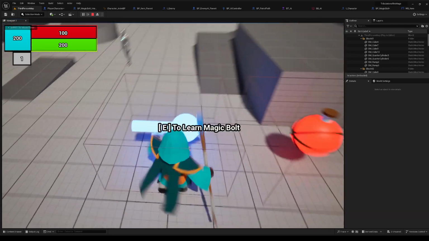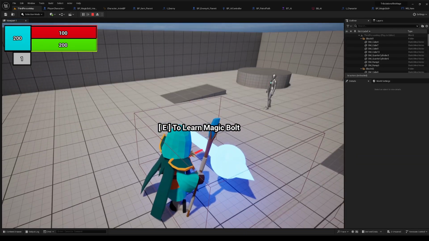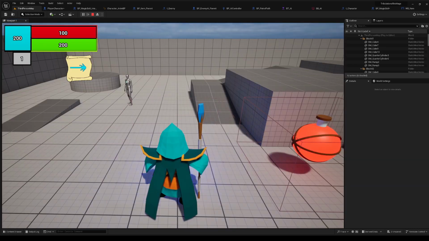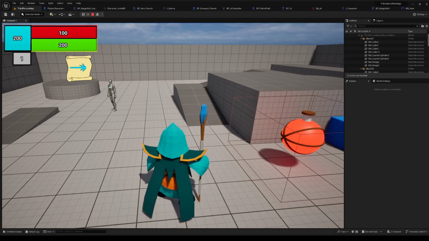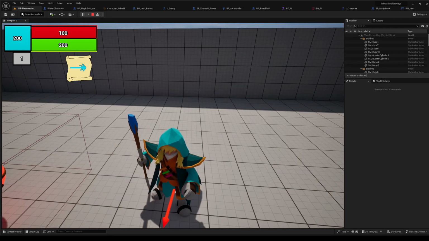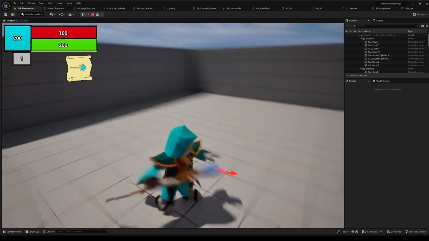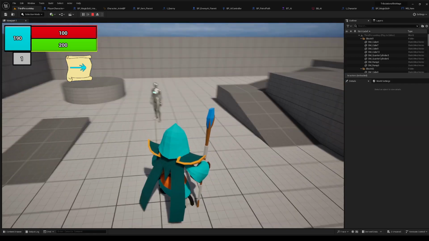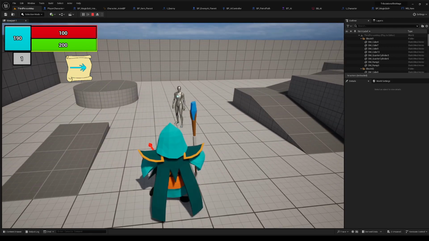So here's the whole process. I walk close enough to this BP Magic Bolt interact, just to learn the spell. I press E. I learn it. The scroll widget appears just as a visual, so you can see which spell the player has, and show that the player has the spell. I press F, the glow appears, and then once the spell is done, it disappears. And then